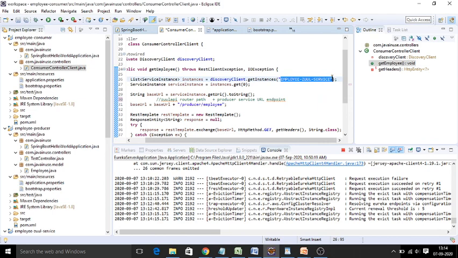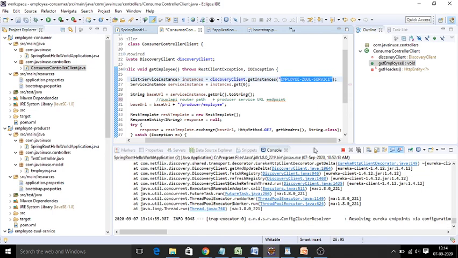But now the consumer is not going to directly map to your producer instance. Rather than connecting directly to your producer instance, we will connect through our Zuul proxy.